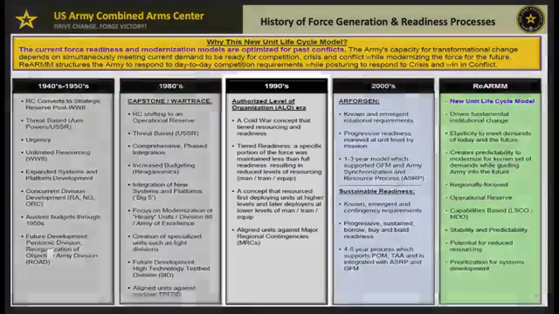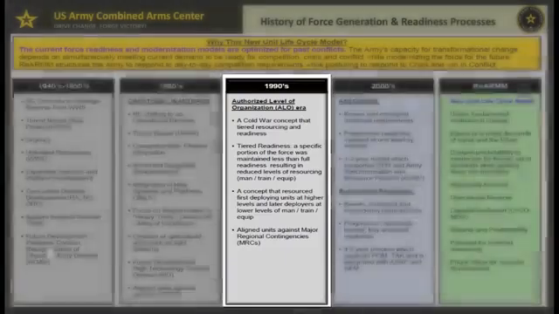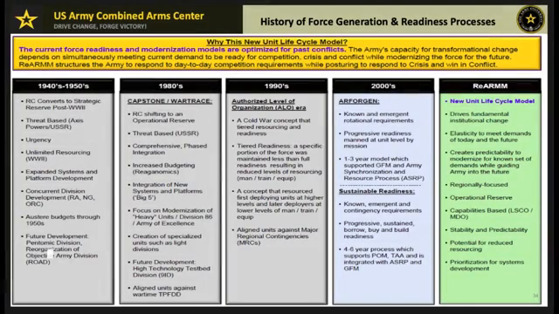In the 1990s, we saw the Authorized Level of Organization, or ALO. This was developed during the Cold War, and ALO supported the tiered readiness model by assigning units different readiness levels, allowing them to maintain reduced manning and resourcing in peacetime. So, for example, a level 2 unit might be manned at 70%, while a level 1 unit was resourced at